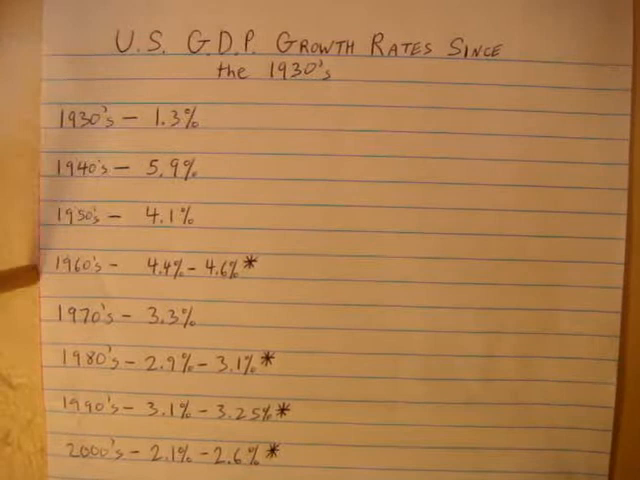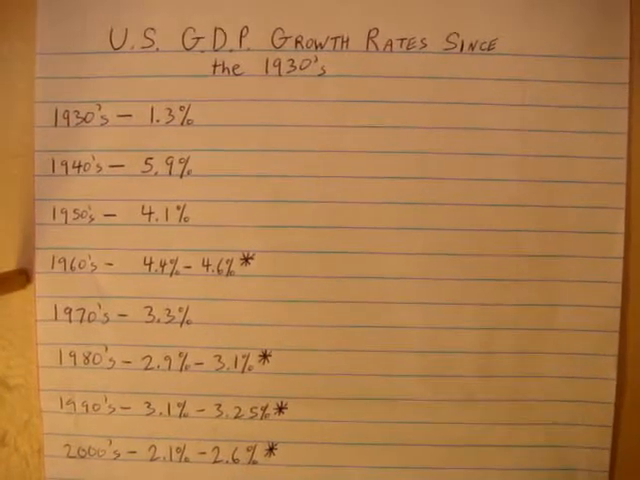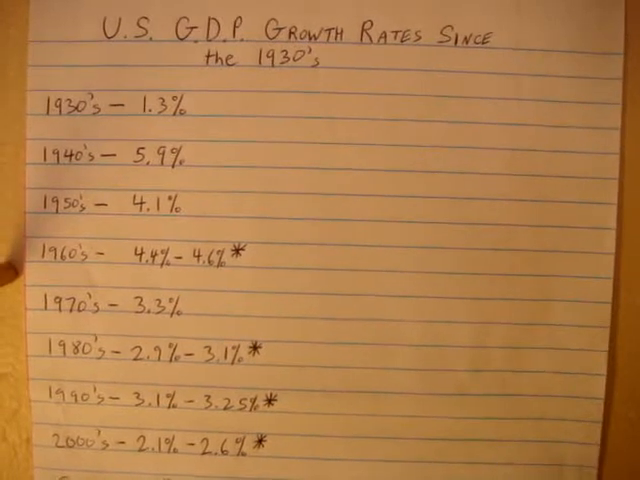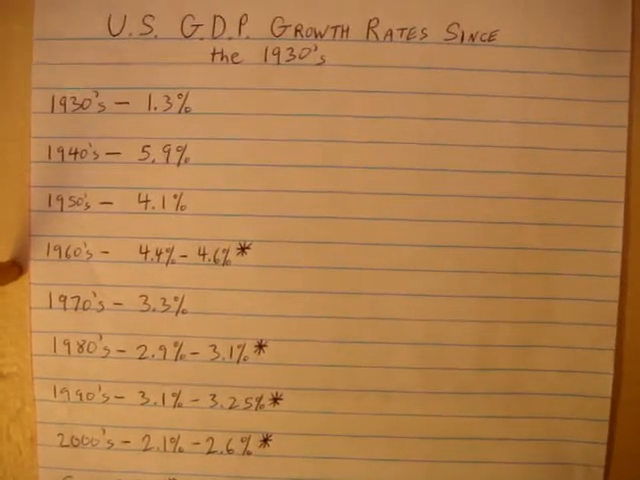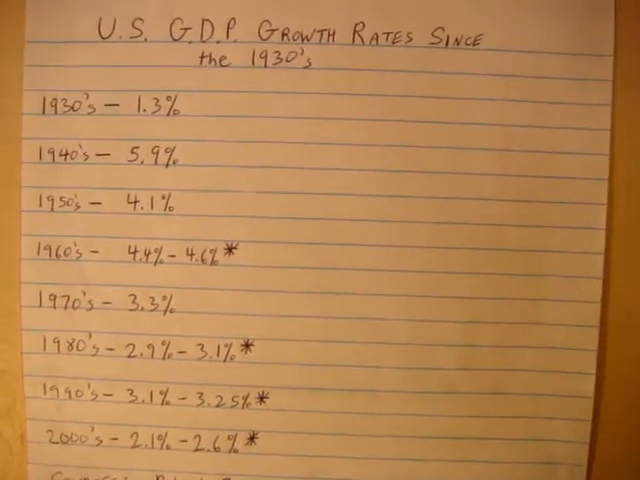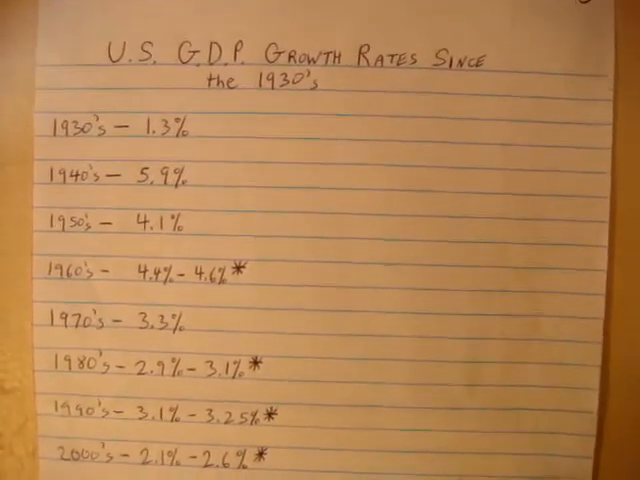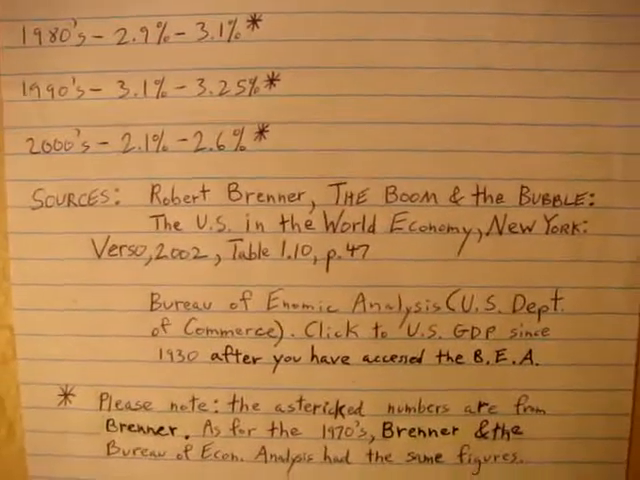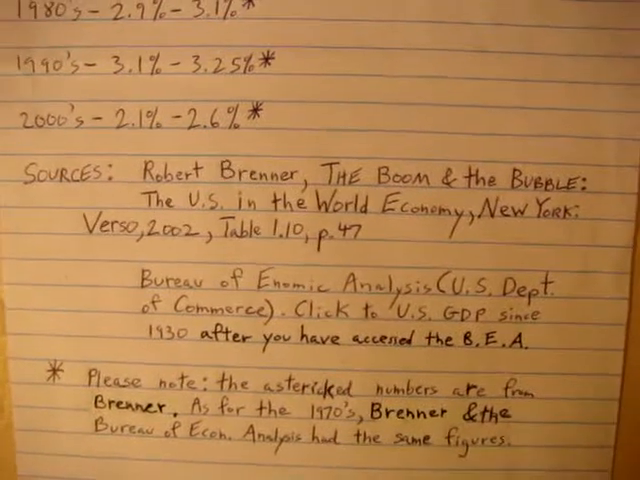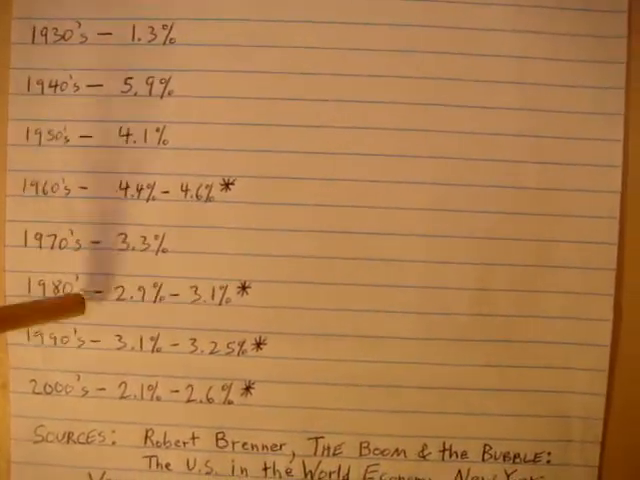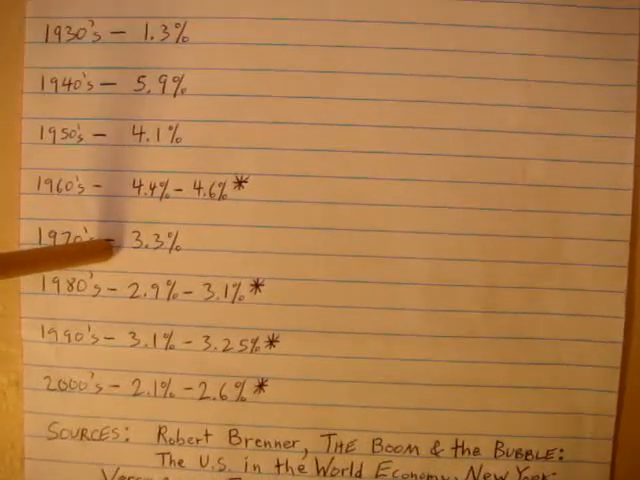In the 1960s, you see us again at a growth rate of, depending on whose source you believe, 4.4 or 4.6. The ones on the right with the asterisks are from Robert Brenner's book, The Boom and the Bubble. He's a very, very famous political economist and economic historian. The 1970s, this is what we were getting around to, a dramatic decline in growth,